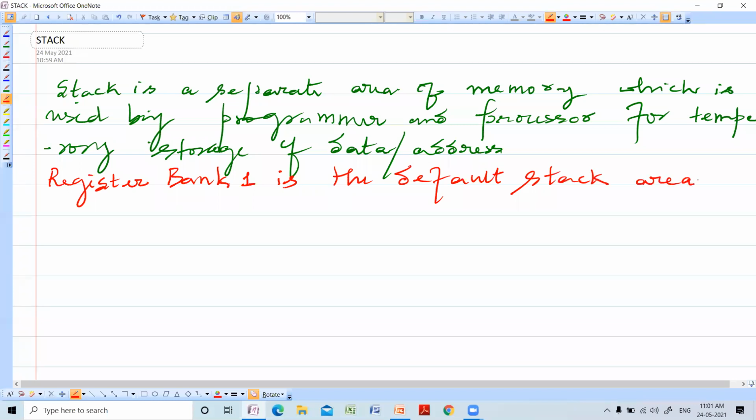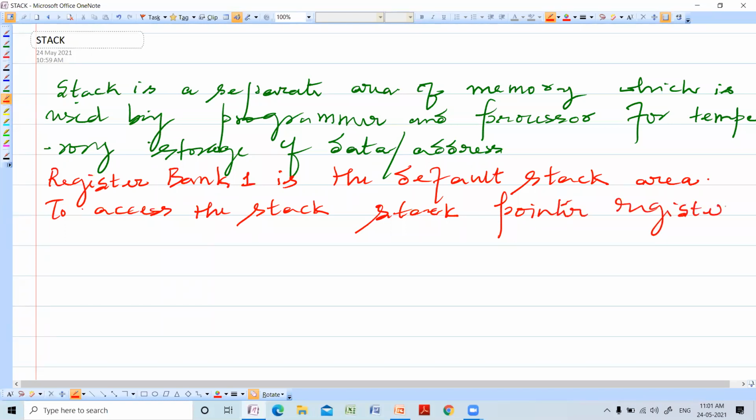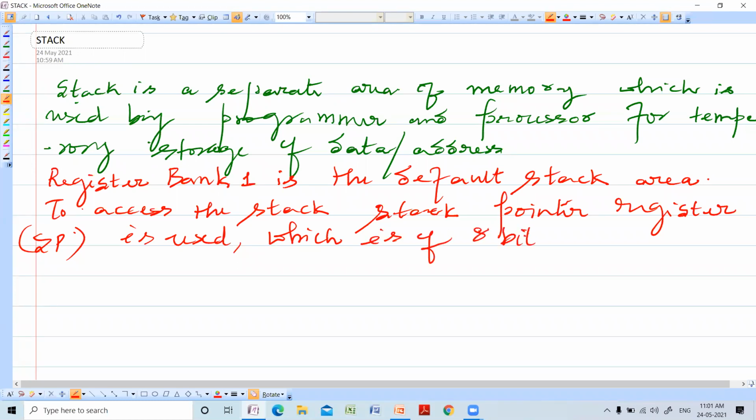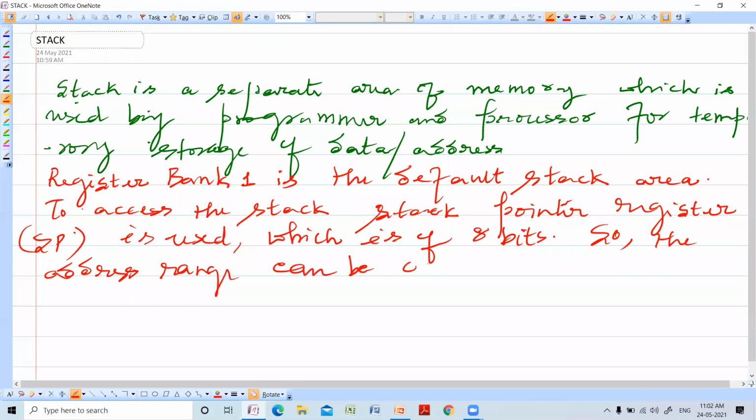To access the stack, the stack pointer register SP is used, which is of 8 bits. So the address range can be 00 to FF.